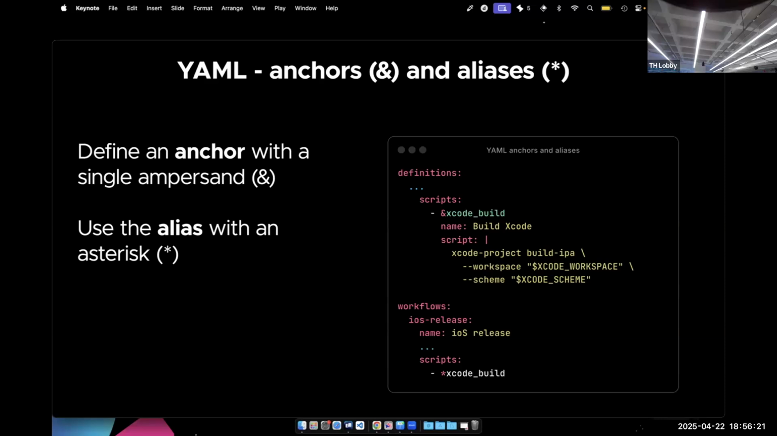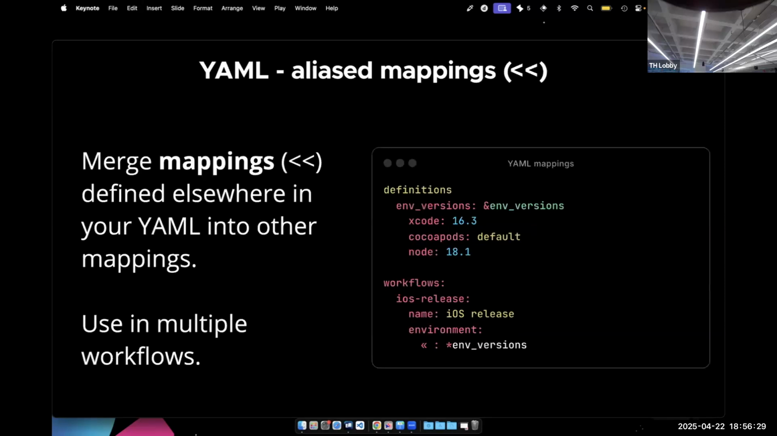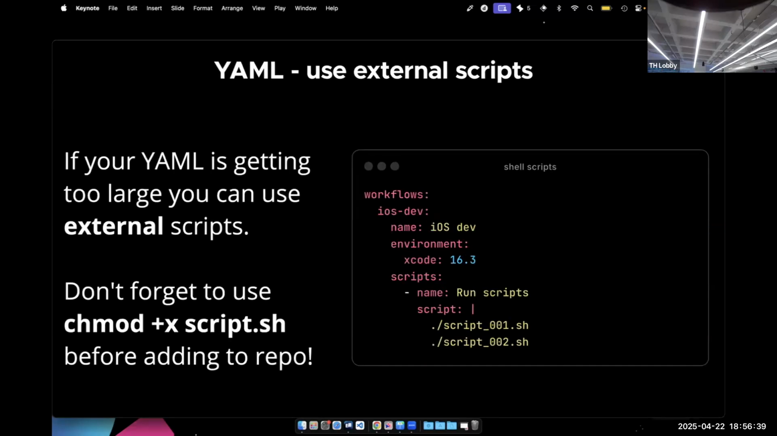So in this particular example, I've got some scripts and I'm just calling it again there. It's a great thing to use. You can look it up online and get some really good examples. Same thing with mappings, whole blocks that you can just reuse with the backward chevrons. Let's put it that way. Whatever they're called. Of course, when YAML gets too big, then why not just bung things into a shell script